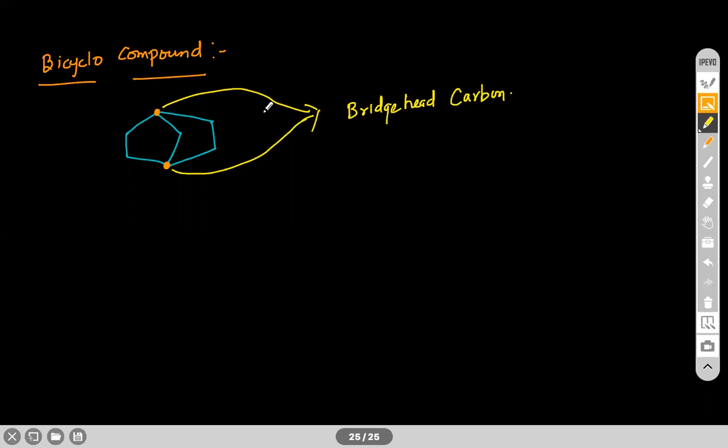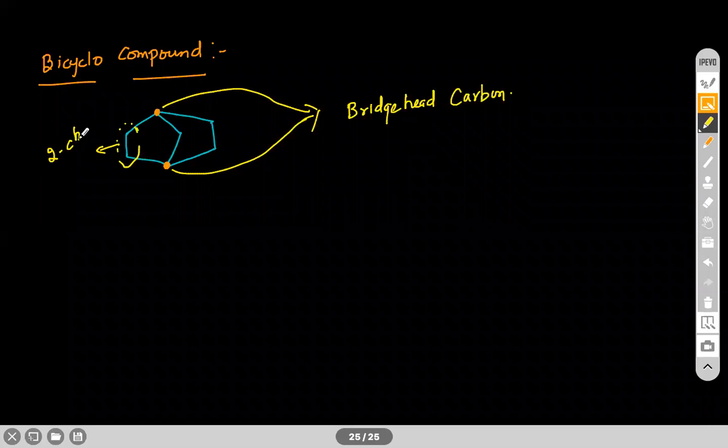This is the bridgehead carbon. And there are 3 bridges over here. One bridge is this carbon bridge, another one is this carbon bridge, and another one is this carbon bridge. Understand this like a bridge. However, it is a 2 ring attached with these 2 carbon atoms, but they take this as a bridge. So here we have 2 carbon bridge,